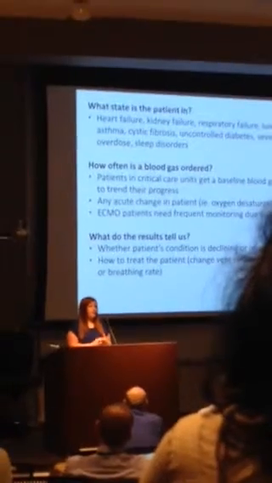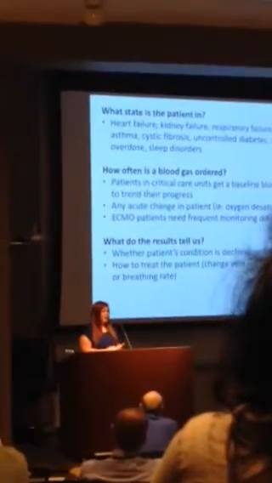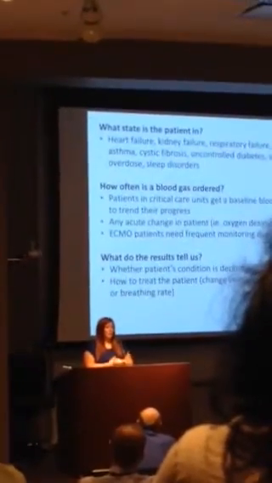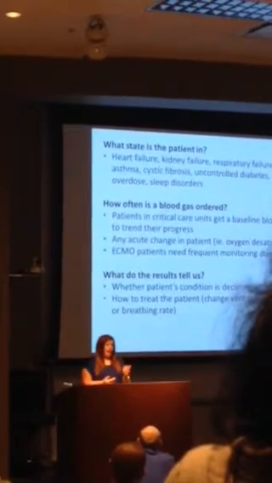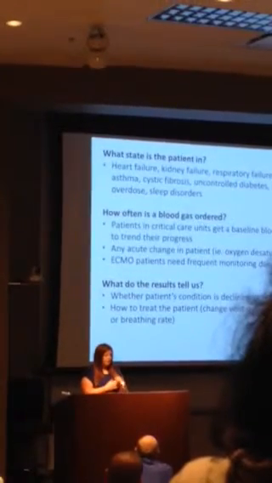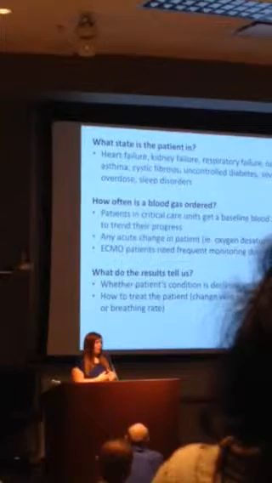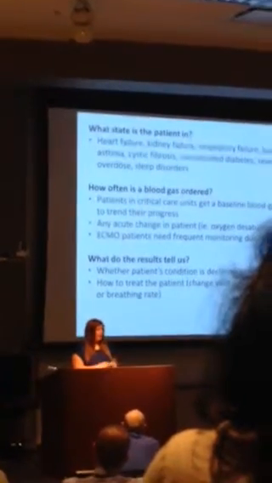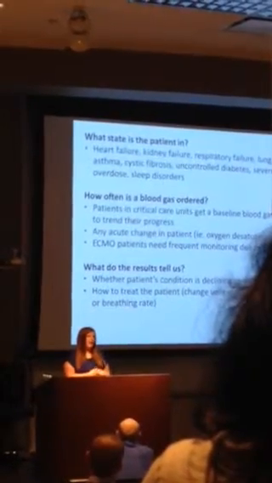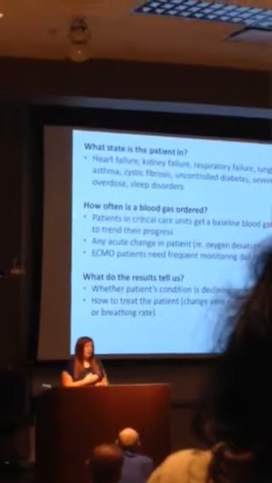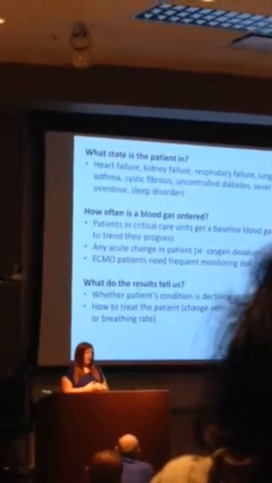First of all, what state is the patient in that needs a blood gas? They're all critical patients. They can be in heart failure, kidney failure, they have lung problems, COPD, asthma, cystic fibrosis, uncontrolled diabetes, a severe infection. The blood gases are ordered in the critical care units on every new patient that comes in to obtain a baseline, and then routinely, usually at midnight and 6 in the morning,